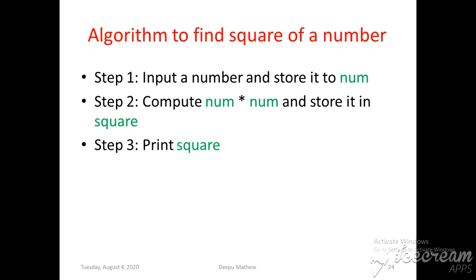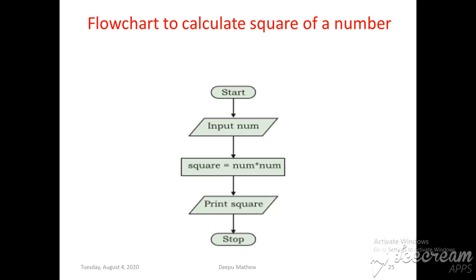After that we need to write the algorithm. Step one is input a number and store it in the variable num. We take the input from the keyboard and store it in num. Then step two, find the square, which means num * num, and store that value in another variable called square. So our process is over. Then we need to print the output. Since num * num is stored in square, the third step is to print square. So this is the algorithm. Then we need to identify how